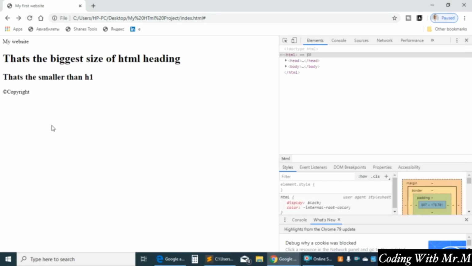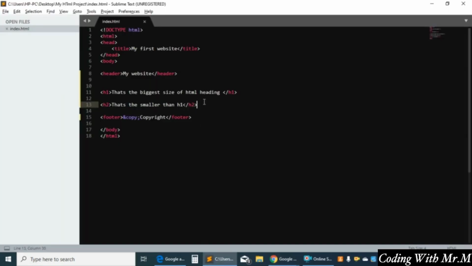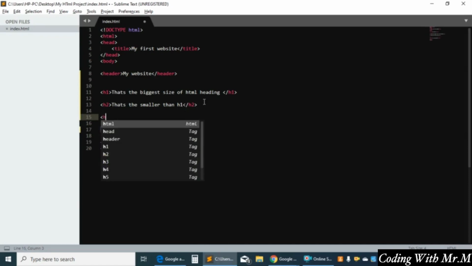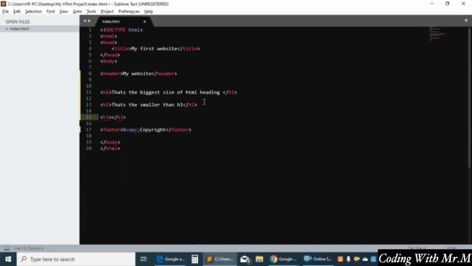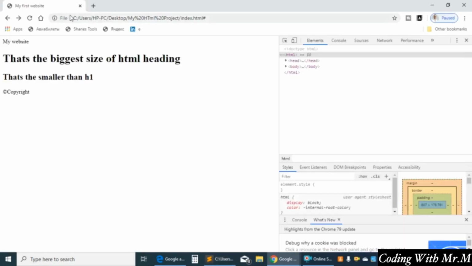As you see here, right now we have roughly 24 pixels height. But what if I want a little bit, let's say, smaller? So I'm going to write, that's smaller than h2, guys. I'm going to save that and refresh the page. That's the result. That's roughly 19 pixels,